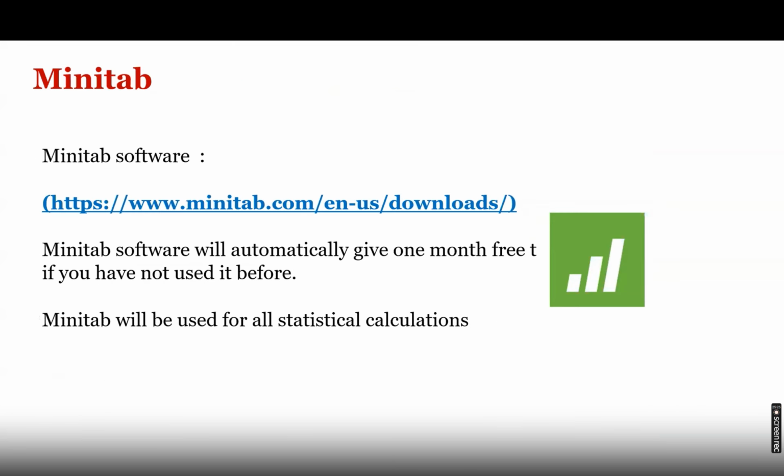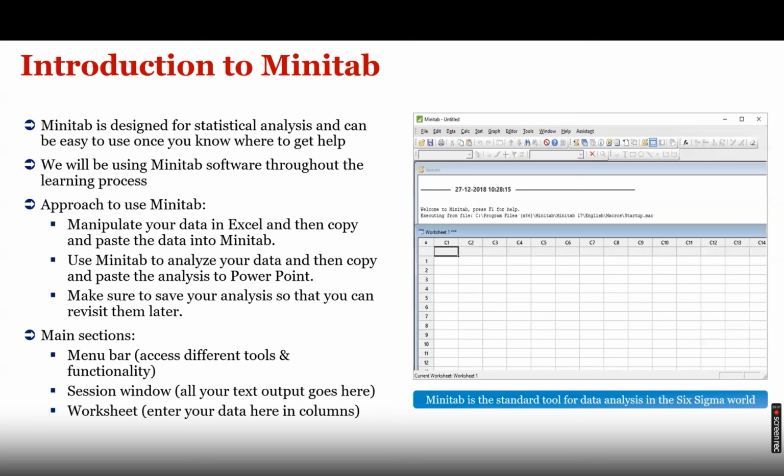Minitab tool, we have already talked about Minitab earlier, that this is the most important and globally accepted statistical tool that we use for our statistical analysis in a Six Sigma initiative. This is the screen of Minitab, as you can see. At the top, there is the menu bar: file, edit, data, calculation, statistics, etc., till assistant. The middle part, the white part, is called the session window, where all the results of the Minitab analysis that we do will be represented.